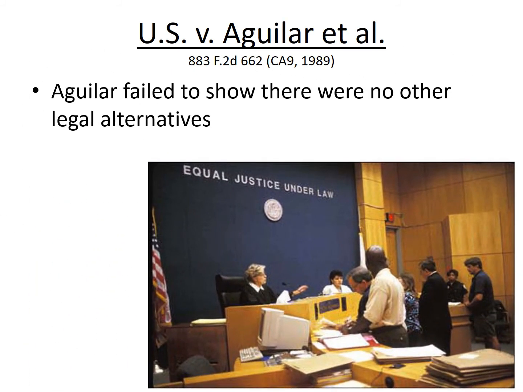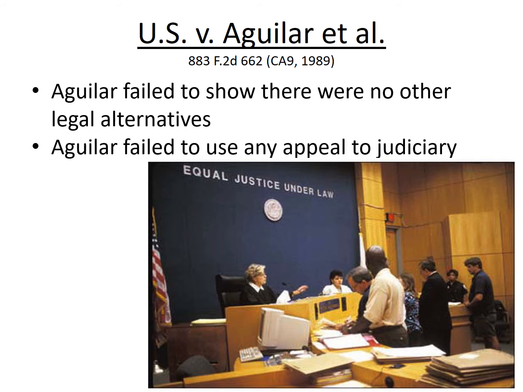And the court focuses on the 4th one, that Mr. Aguilar failed to show there were no other legal alternatives. When someone is denied admission into the United States as a refugee, there is an appeals process. So if you're stopped, you can claim asylum. You can say you want asylum because of a civil war in your country. And if that's denied by INS at the time, or ICE now, you can then appeal their decision to the